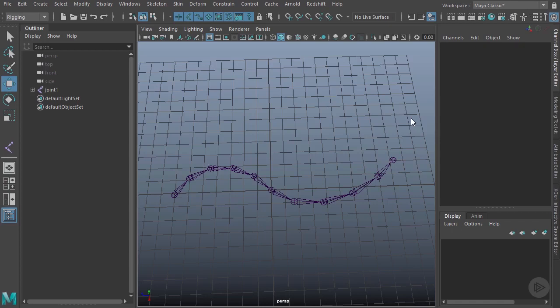In this clip, we're going to take a brief look at how Spline IK works. What I have here is just a series of joints that could be similar to, let's say, a tail, a tentacle, or even something like a snake. Now, all three of those things don't animate the way an arm or a leg would. There's not one specific joint, but rather the entire tail, the entire tentacle, or the entire snake can bend